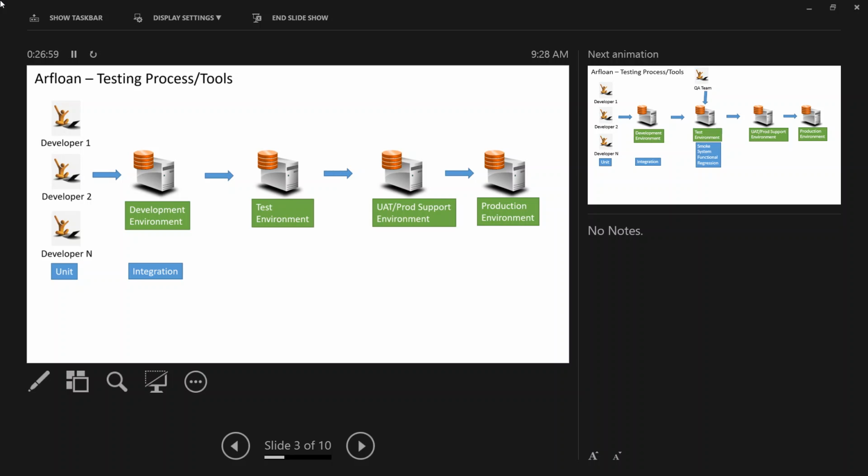All right, so once the code is good, they integrate and complete the testing, then they will release it for you guys to test in the test environment. By the way, these environments are nothing but a bunch of servers, a bunch of computers sitting in there. It's dedicated for a specific type of testing. So you might have one server here or two servers or five servers, it doesn't really matter. It's called a different environment.